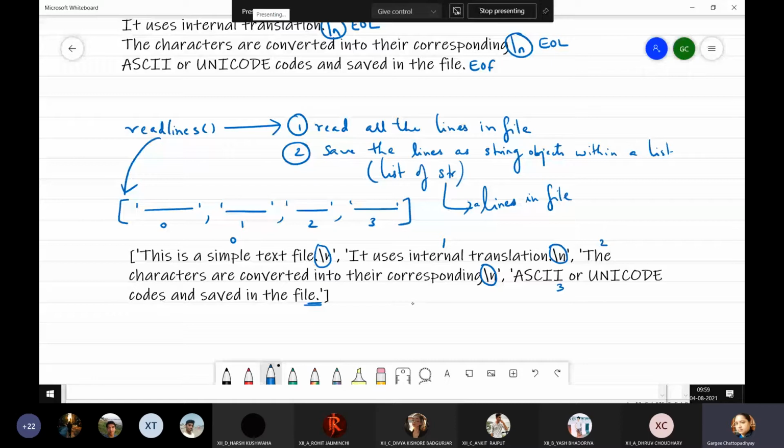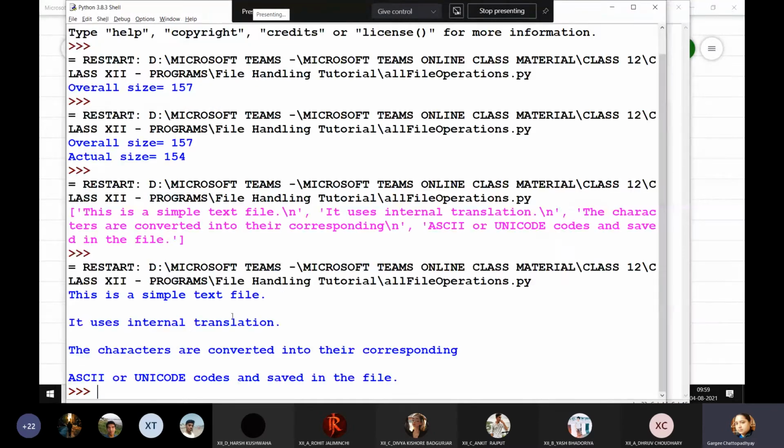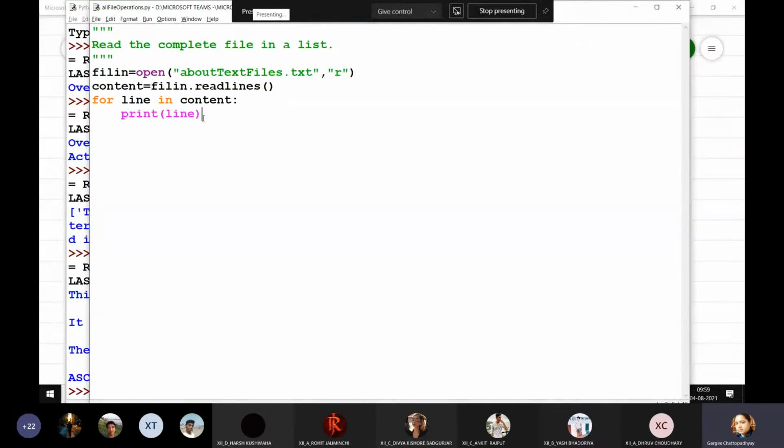Now how can I print it in the proper way? So instead of this print content, I am going to write for line in content, print line, and let me print it. It's going to add that newline character. Remember, there is one change of line because of the default value of the end argument, which is what? \n. That is newline. And the second change of line, which creates this blank line, is due to this \n character which is at the end of the line.